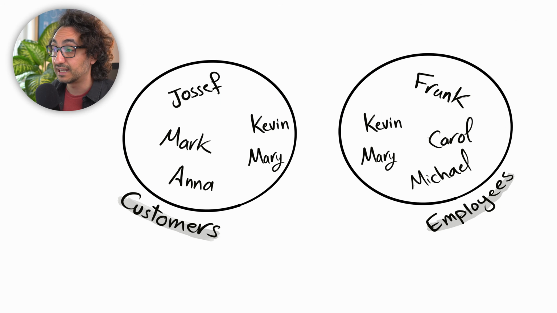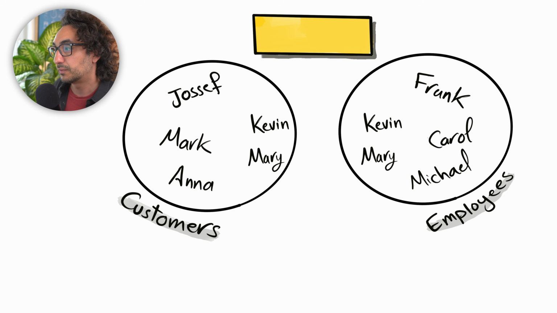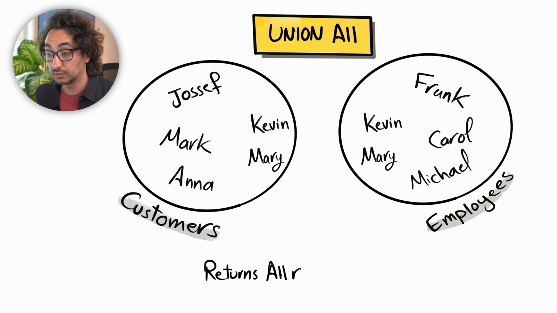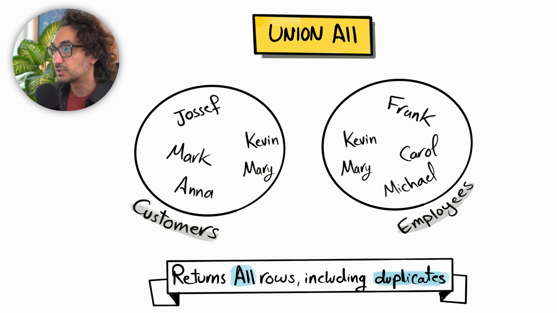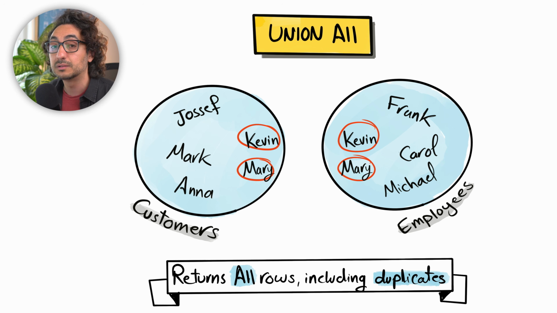We have the customers and employees, and we have the same persons, Kevin and Mary, as customers as well as employees. So now if you want to combine the data using union all, it's going to return all rows including duplicates. That means SQL is going to execute union all like this. It's going to return everything from customers and everything from employees, and Kevin and Mary are going to be presented twice in the